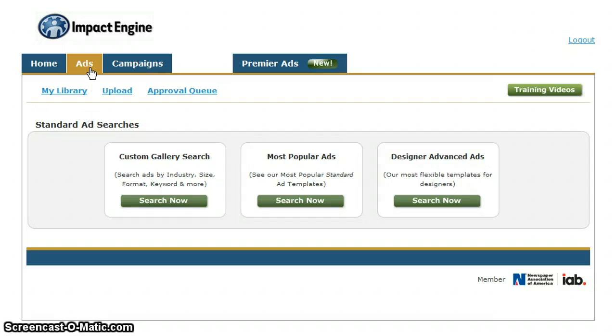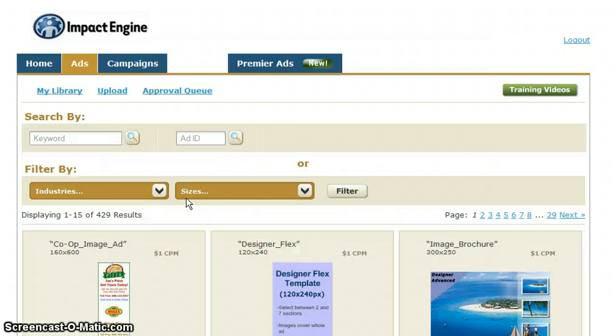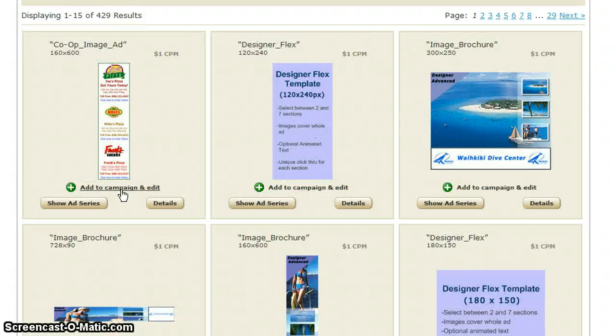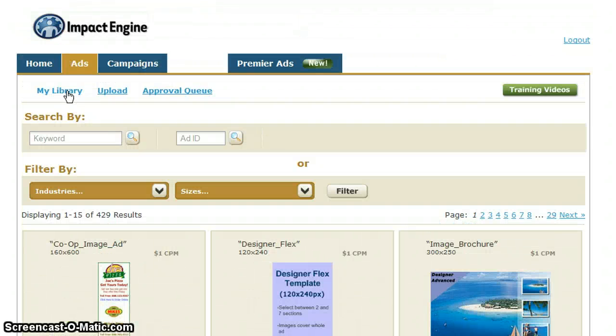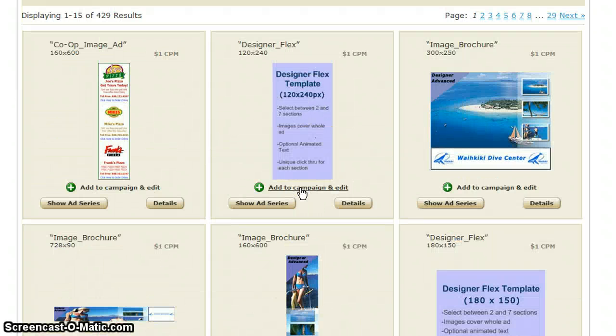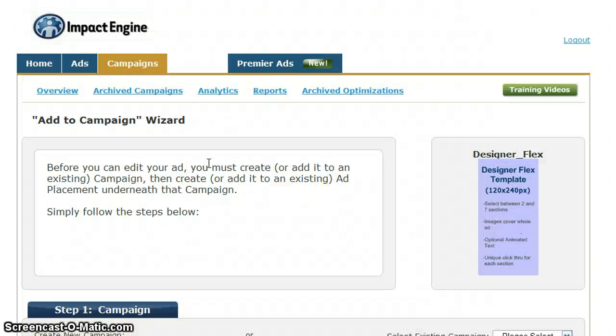Let me show you what we mean here. So we're here in the Standard Ads tab. If we go ahead and click on Custom Gallery Search, you'll notice that underneath each campaign, where it used to say Add to My Library and Edit, now it simply says Add to Campaign and Edit. So instead of taking this ad, putting it into your library, and then editing it, and then putting it into campaigns, what we're going to do is now take all of our ad templates and simply add them directly into